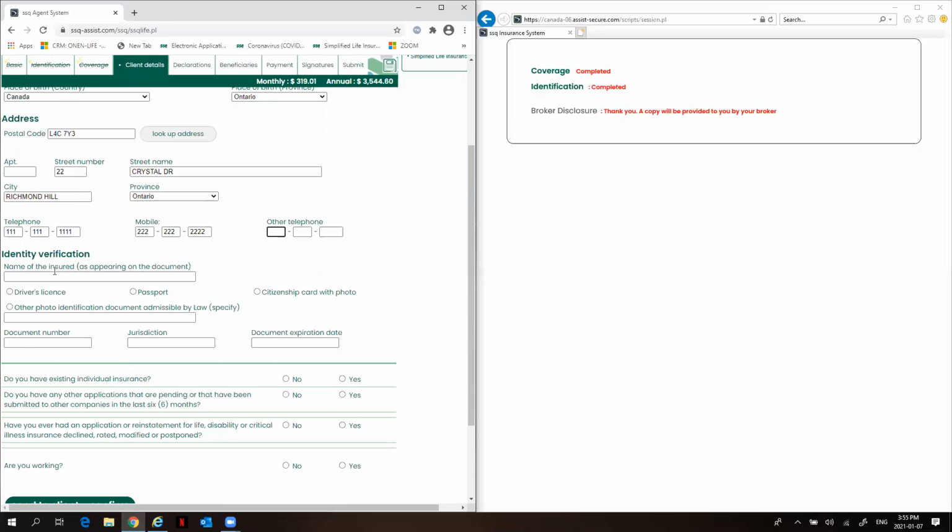We then need to verify John's identity. By doing so, SSQ recommends some sort of video program in order to verify the client's identification, such as FaceTime, Skype, any sort of video program that you can verify the client's information and identity, you would use. In this case, let's say that we saw John's driver's license. Input the driver's license number, the jurisdiction, and the expiry date,